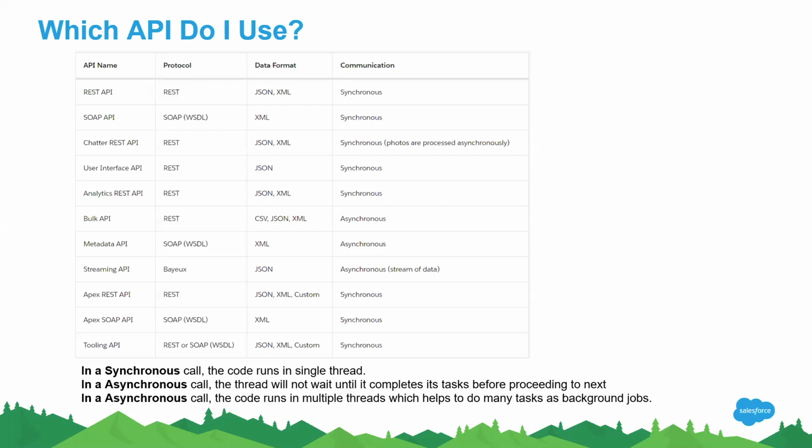And for bulk API, during the admin session, some of you might have seen the data loader. Data loader uses this bulk API. When you upload some 100,000 records, or you want to use some kind of third party integration like Informatica or Pentaho to push some data into Salesforce, you will be using this bulk API, which is asynchronous mode and will run in data chunks, like a batch job kind of thing. So these are the different APIs. We are going to look at these one by one in the upcoming screens.